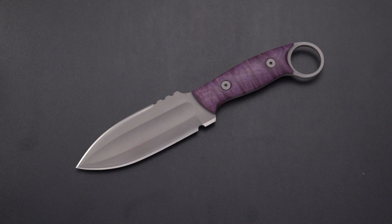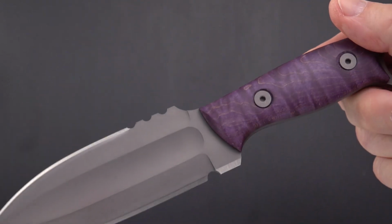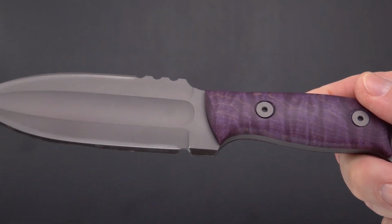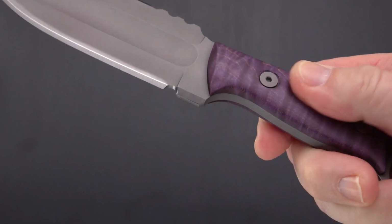One thing about Morgan, you stay tuned to his Instagram channel and you see things pop up, and grab them quick if you want one. I did so with this, and I had actually asked for the handle material. I had some options. This handle material is very interesting, and this is a maple burl that has been stabilized, meaning they use a resin